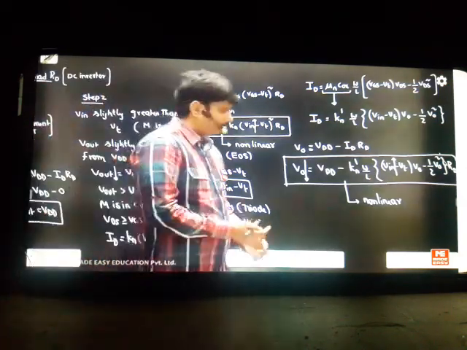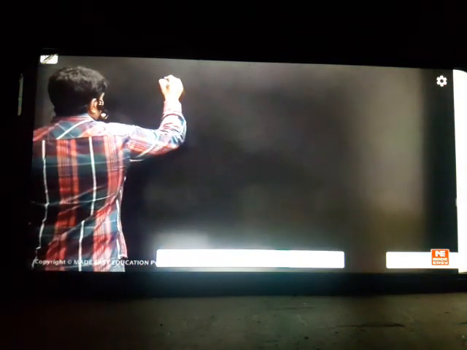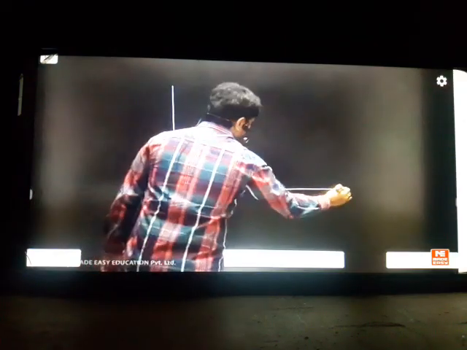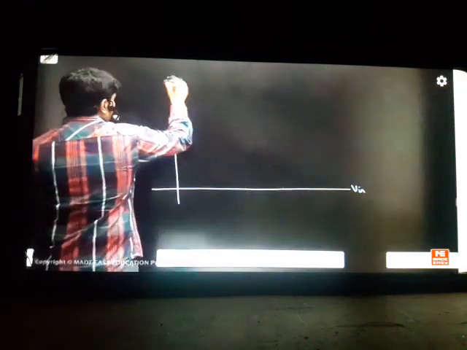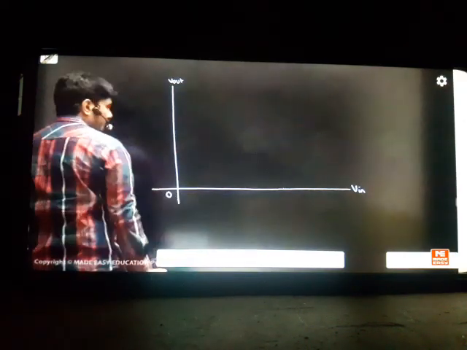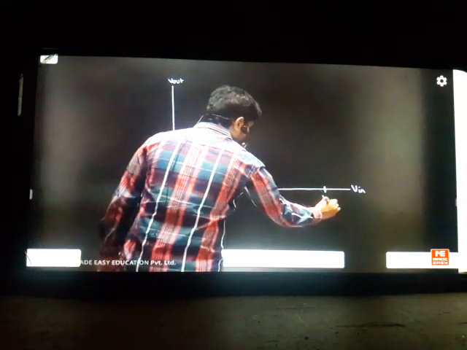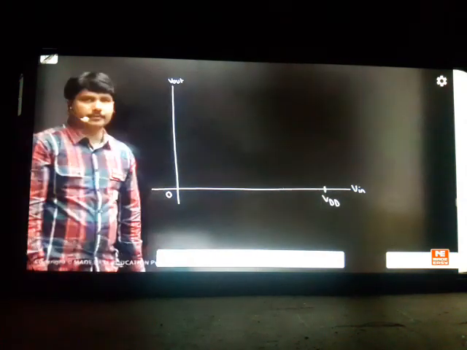So let us see the graph. You can see the graph there. This is the characteristic graph called transfer characteristics. This is your input. Your output is here. You take this as 0 and the maximum boundary of my input is VDD. I want to change from 0 to VDD as my input. I treat VDD as high, 0 as my low.